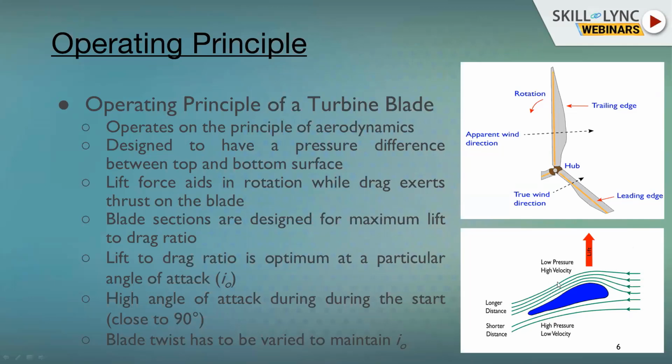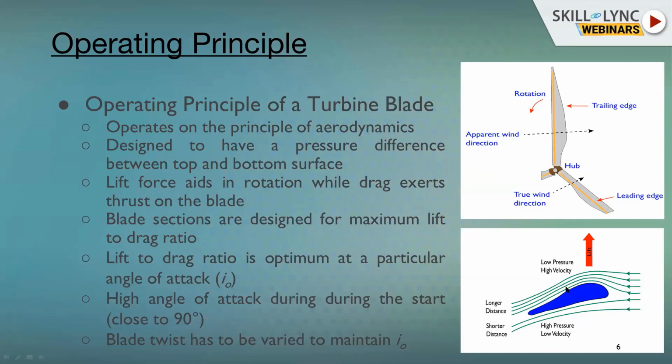So if the pressure head on the top part is less and the pressure head on the bottom part is more, this difference in pressure causes a lift force. Due to this lift force, the blade starts to rotate. This is what I have explained here, that the blades are designed in such a way as to have a